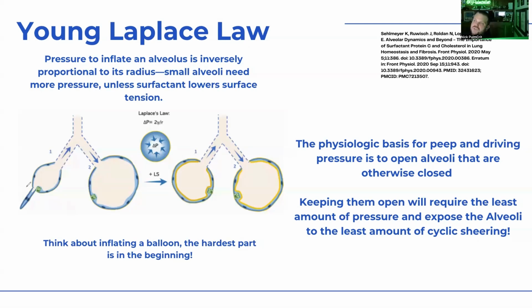However, if you think of when you blow up a balloon, you need the most pressure in the beginning to overcome that wall stress. And then as you blow the balloon up more and more, it gets easier and easier, right? So the first thing that happens when you have ARDS is that a bunch of lung units are collapsed because they're full of junk, whether it's inflammatory debris or edema or something else. What you need to do is recruit those lung units, because if you don't recruit them, they're not going to participate in gas exchange, and that's going to make your shunt and your dead space fraction worse,